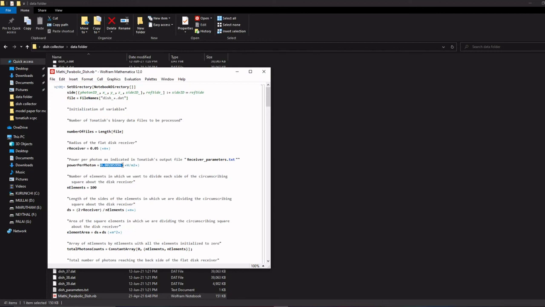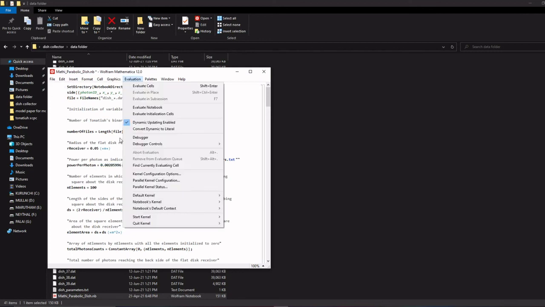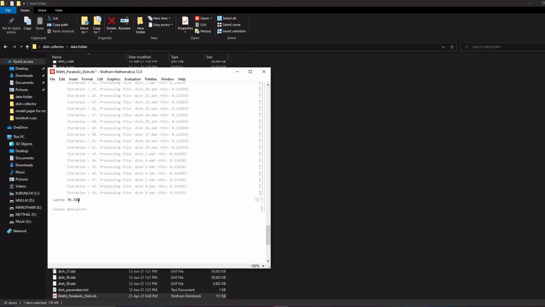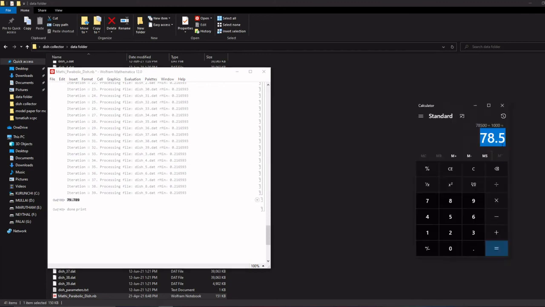Click evaluation, click evaluate notebook. But I did already. Now you can see my result is 79 kilowatt it's coming, but our hand calculation we getting 78.5. So it means again we have to improve further the number of rays.